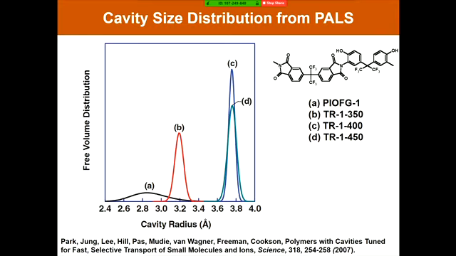At even higher temperatures, you see that distribution in cavity size continue to shift upwards and to sharpen or narrow. And at the very highest temperatures now, you start to actually get close to carbonizing these membranes, and you start to lose free volume. But this is an example of using molecular design to help develop materials that can be very beneficial in that OBIGS application.